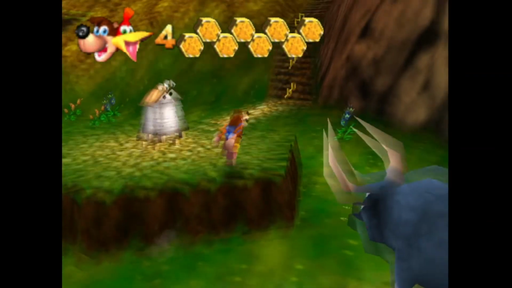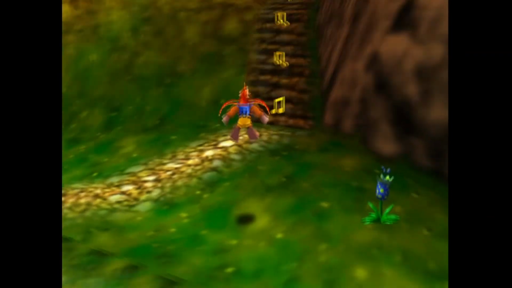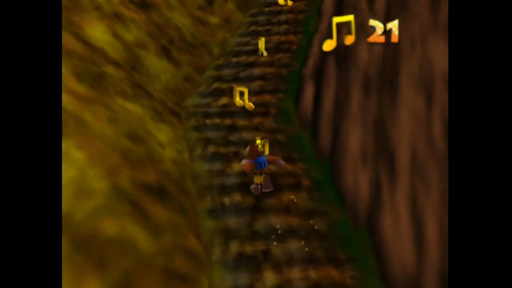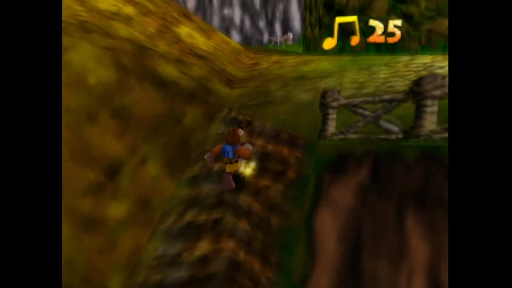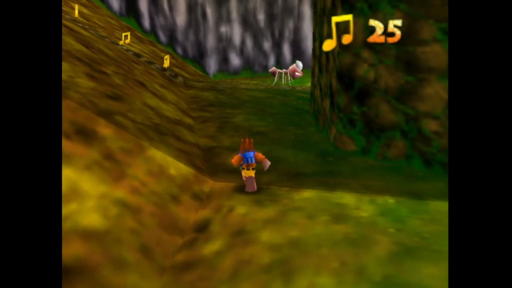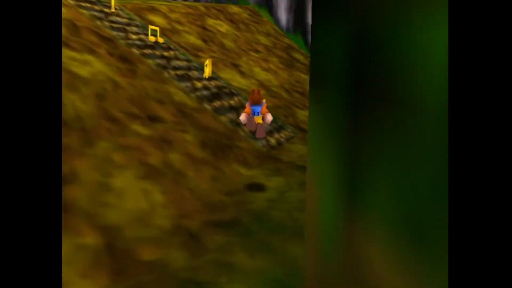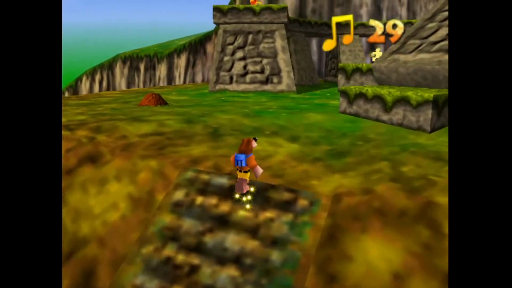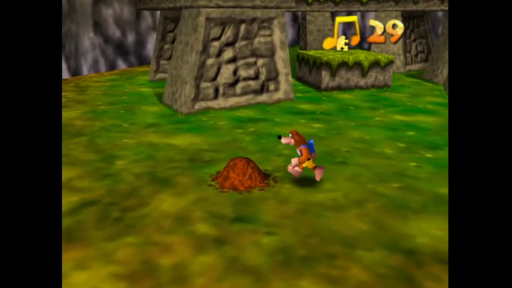Oh, dude. I think I might go up here first. I want to get the Talon Trot for a start. Here we go.